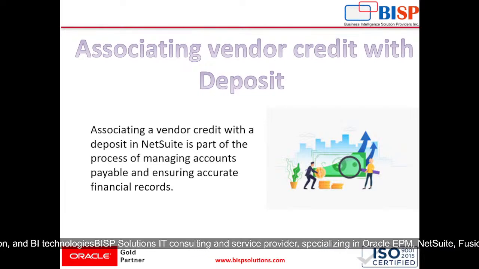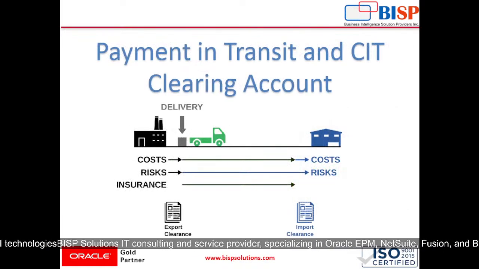Then coming to our next topic, which is payment in transit and CIT clearing account. So in accounting, payment in transit and CIT, which is cash in transit clearing account, are used to manage transactions that are in the process of being completed but have not yet been fully processed or reconciled. Here is an explanation of each and how they are used. Okay, so first,